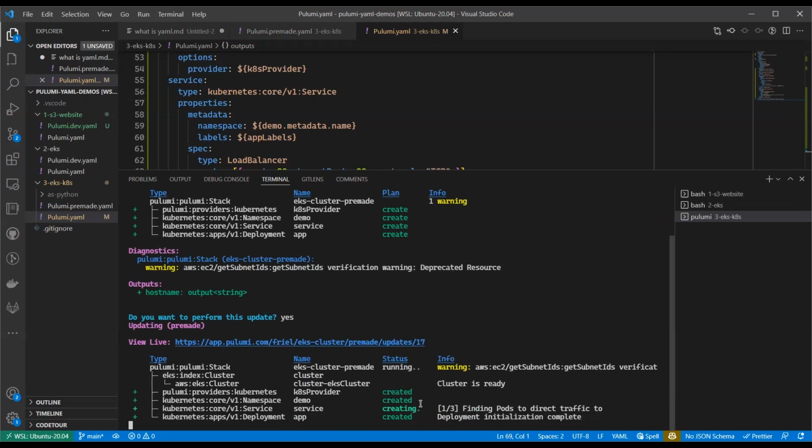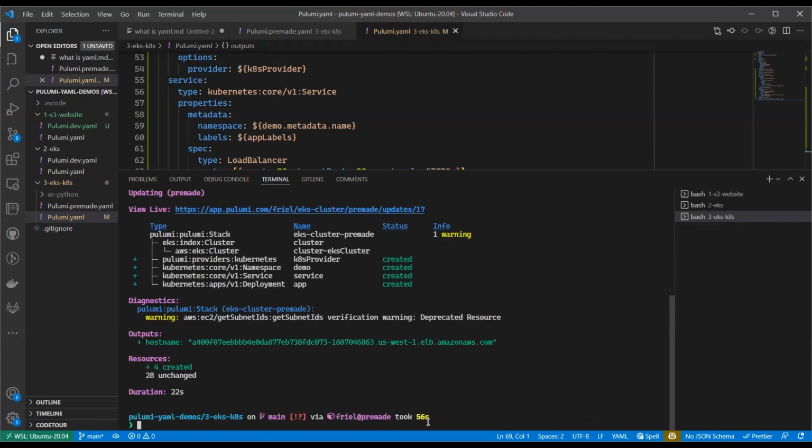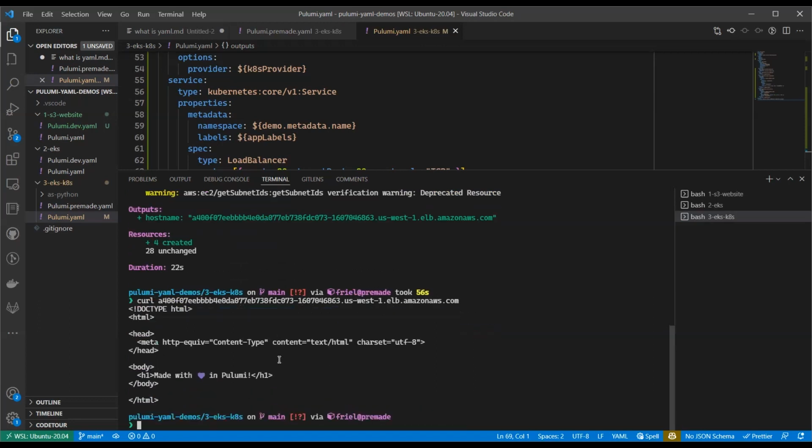So you can see the deployment is finished initializing. We're waiting for that service to acquire an internal and an external IP. And now the Elastic Load Balancer has assigned a hostname to it. Excellent. We've waited a second for that hostname to be available. We're now going to request it. And we can see that we've pushed up this Nginx Docker image with a very simple web page available on ELB.